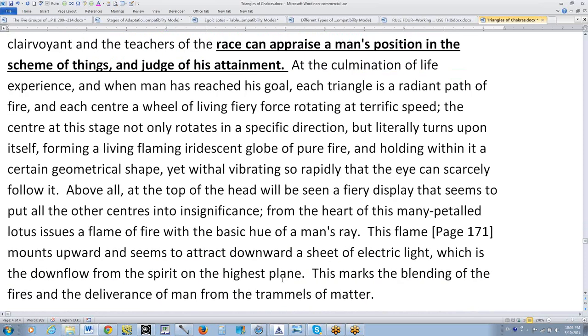So, of course, it's most important for each one of us to say through which particular triangle do we feel is brightest, most flaming in our particular work at this time, and which should be, and are we somehow changing our triangular emphasis? At the culmination of life experience and when man has reached his goal, each triangle is a radiant path